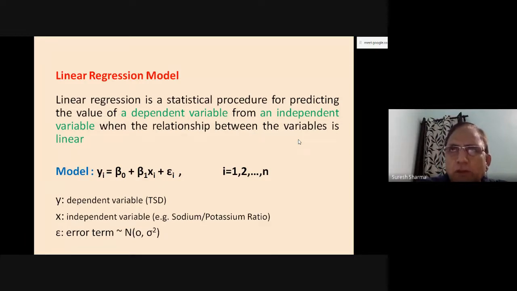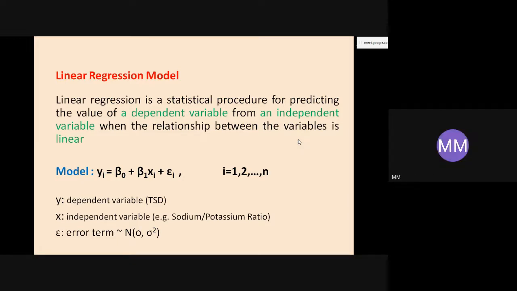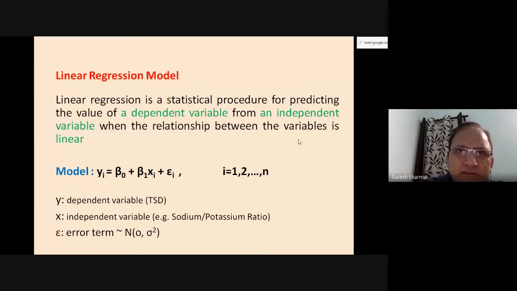So in our 10th standard, we know the equation of a straight line. Is there any participant who can tell me what is the equation of a straight line which we have learned? Y is equal to a plus bx. A plus bx. Very good. Sometimes we write y is equal to mx plus c, and sometimes y is equal to a plus bx. Let's look at y is equal to a plus bx.